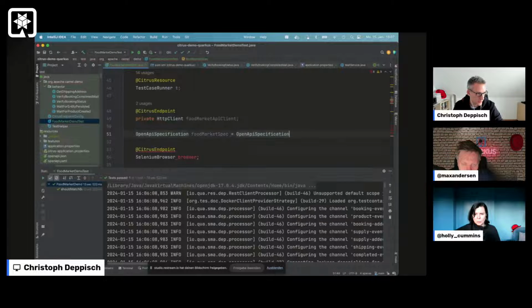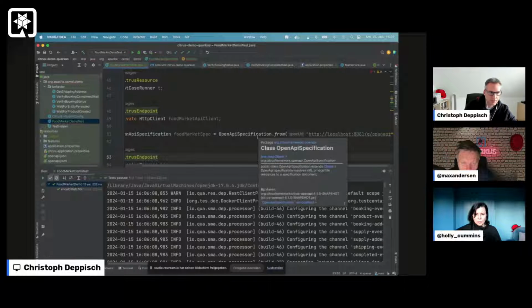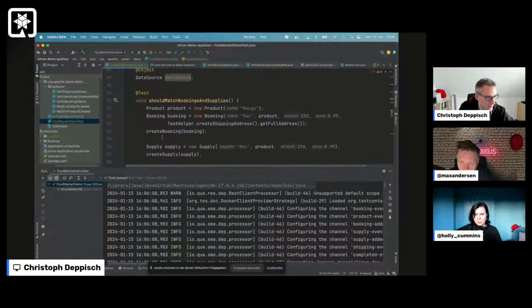And I want to have this OpenAPI specification loaded from the HTTP localhost /q/OpenAPI. This is where the OpenAPI specification is exposed. And I can load this specification. And instead of using the HTTP client per se, I can leverage the OpenAPI specification in here. So for instance, and I have to check if I'm doing everything okay, for instance, when I create this booking